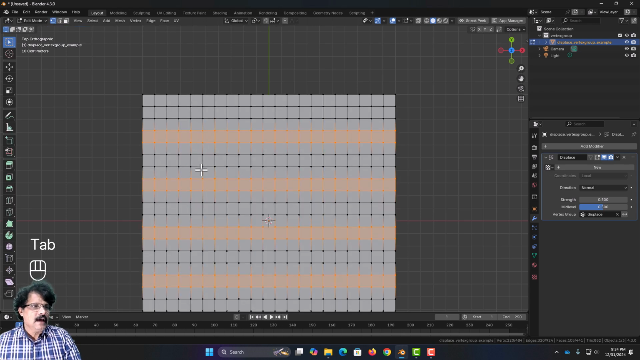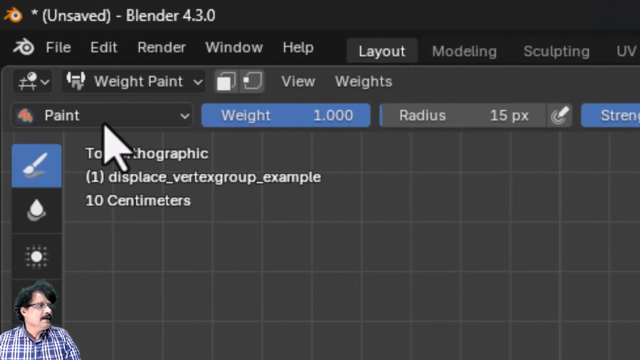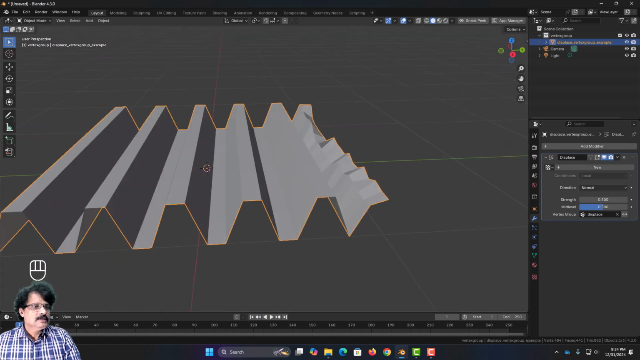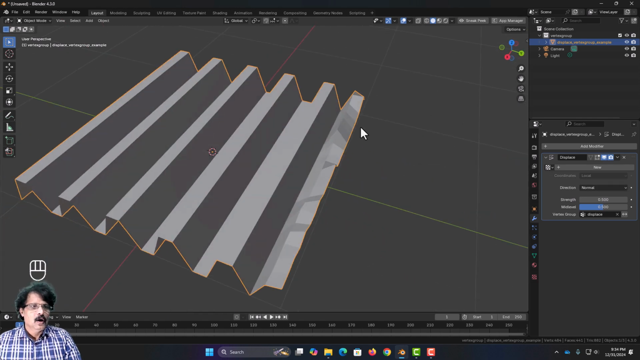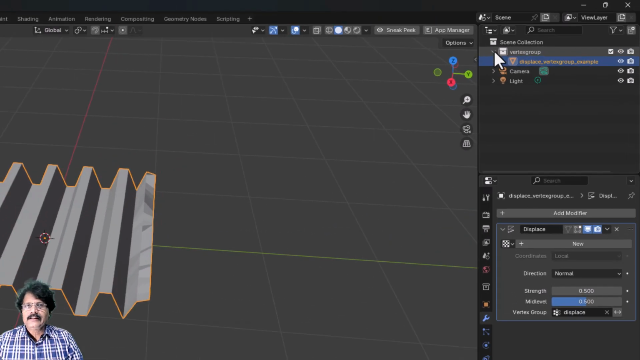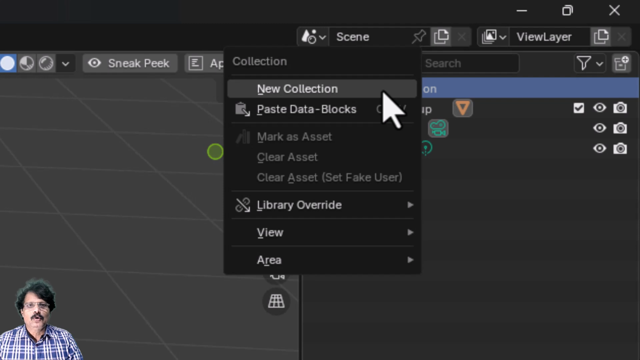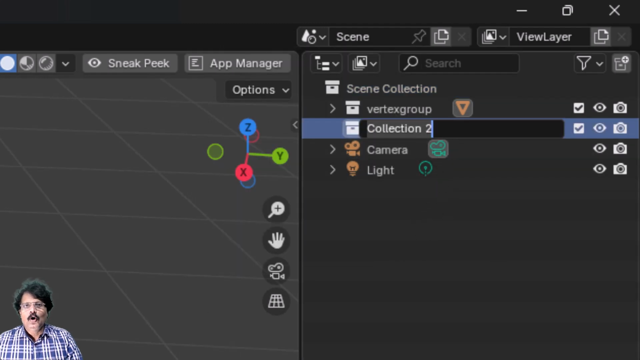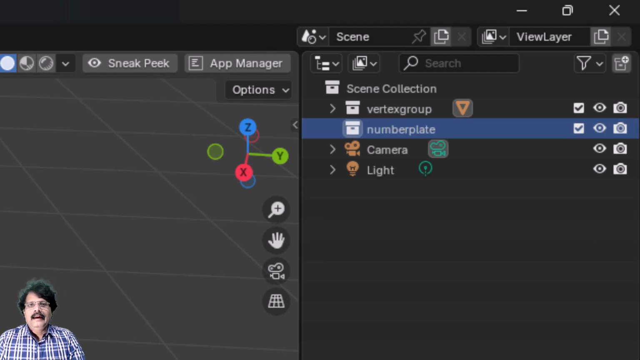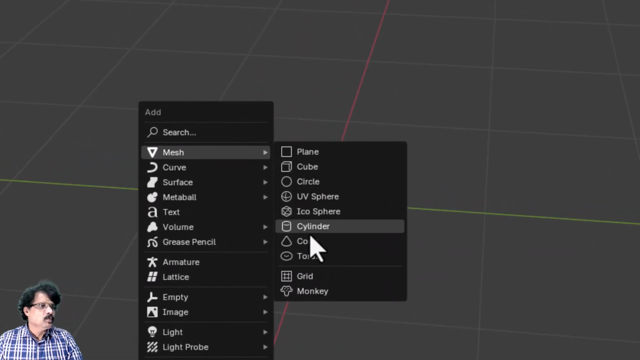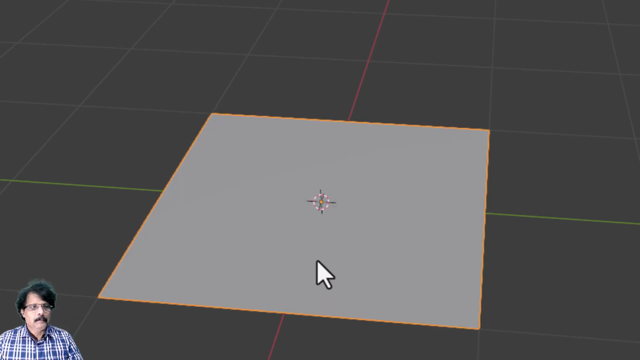Now if I press Tab and come back into the object mode, you can see that this area has also been projected like this. I will come here and close this group, and in the scene collection I am going to add a new collection, and I am going to call this collection number plate, and I will switch off this vertex group, and in this number plate I will press Shift A, and I am going to add another plane here,